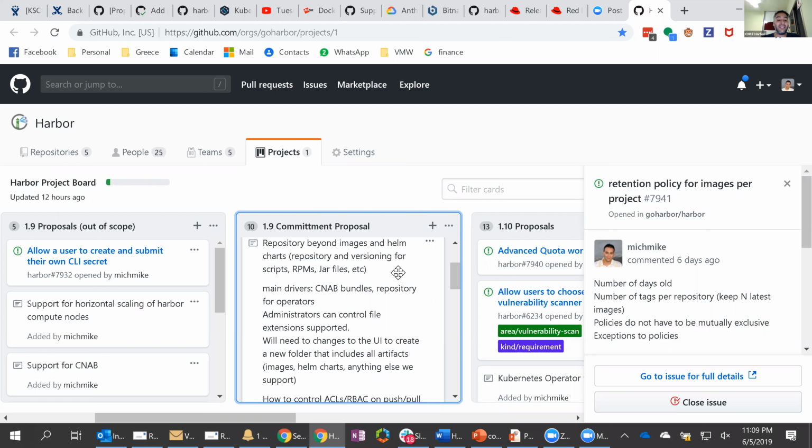Very importantly, the CNAB bundles, the Cloud Native Application Bundle, which is a new project that's getting a lot of steam in the Cloud Native community, and it allows you to portray a distributed app in configuration files. We want to be able to support that. And then also operators are becoming a big thing in Kubernetes, so we want to be able to become the repository for operators as well.